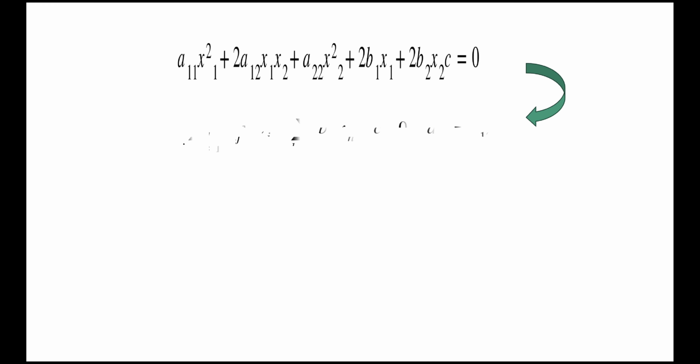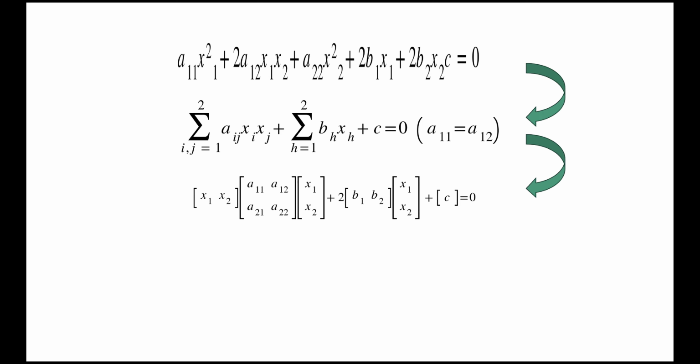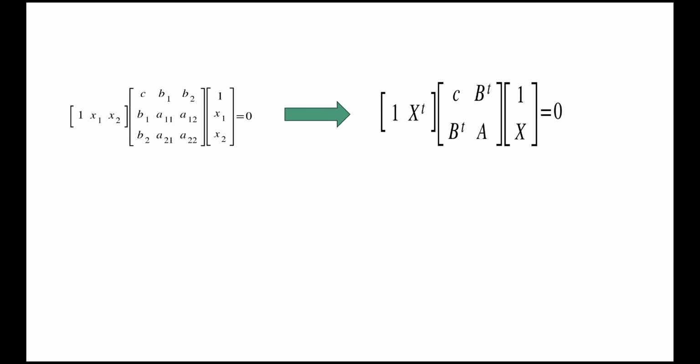Using sum notation, we end up in this equation that also has an equivalent representation with matrix notation. If we put it all together, we end up having just a product of matrix and vector. Since we don't want to end up having a line or point, we just equate the linear term to 0. This expression can be even more simplified using submatrix notation, having this expression where the matrix in the middle is